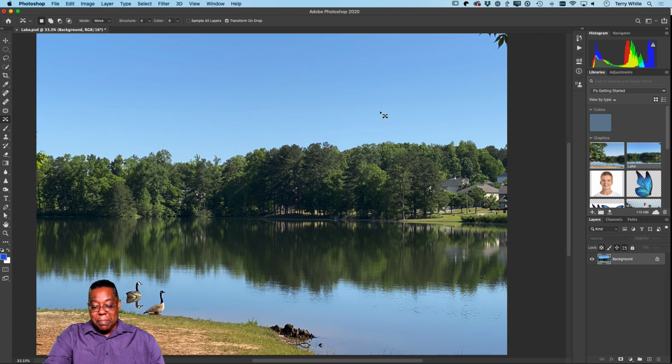Now, if I need to move it on top of the trees, the blue water on top of the green trees, probably not going to work out so well. So I might need another technique for that. But in a case where I'm just kind of moving stuff around or getting rid of things, Content-Aware Move is awesome. All right, next up, let's